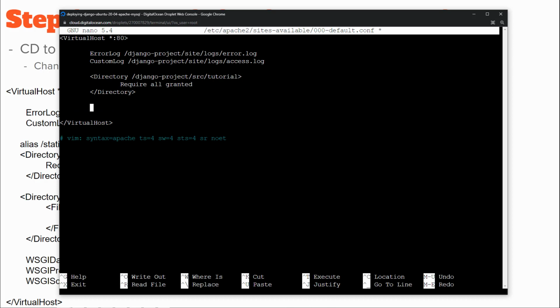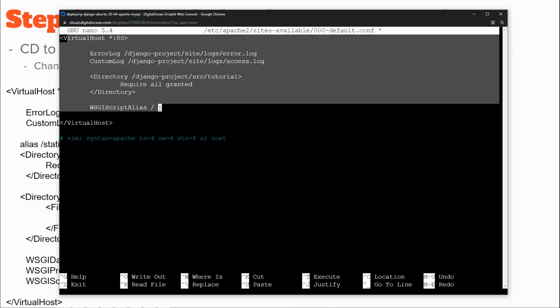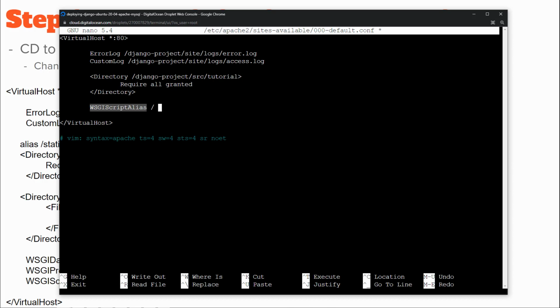All right, now what we need to do, and this is kind of the three lines that make or break the project normally. This can make or break it if you don't know where your wsgi.py file is, but this is normally what's going to cause you the most errors. WSGIScriptAlias. The first parameter here is really the URL that when Apache sees a specific URL, it wants to serve this. So this is basically saying root. So anytime Apache sees the root URL, which is just our website or IP address,